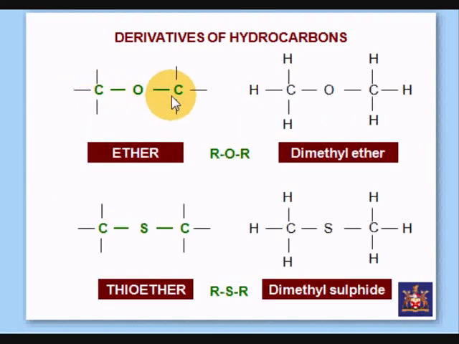Now bonding in between the carbons, you've got an oxygen, which makes an ether, or sulfur, which is a thioether. So examples of that would be dimethyl ether and dimethyl sulfide. That would be two examples there. The di for two of these, and CH4 being methane, so therefore we're talking about a methyl group with the CH3 there, and then you have the oxygen in between. We have two of the methyl groups, so it's dimethyl ether.